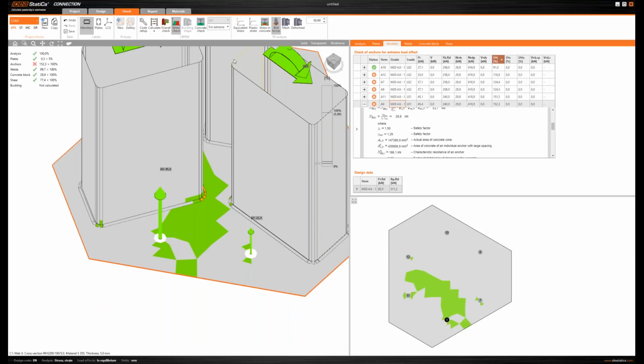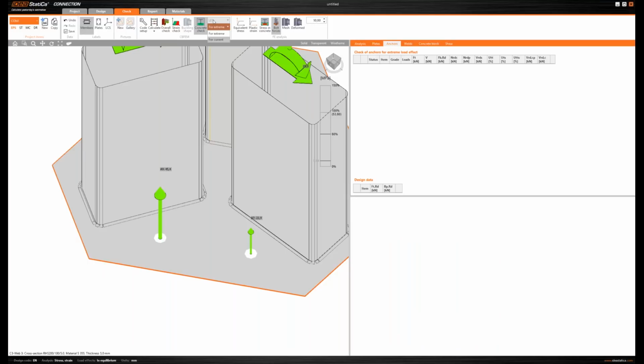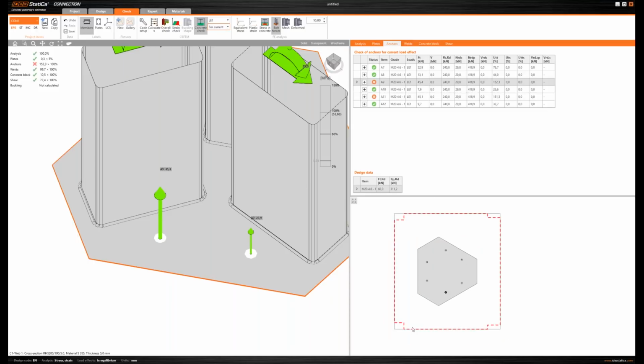I can also activate the concrete check, and in the bottom window I can see my base plate, I can see my blacked anchor, I can see the outline of the foundation pad, and I can see it with a red dashed line. Now let me change this to the critical load case for the anchor. And we can see the red dashed line, which is